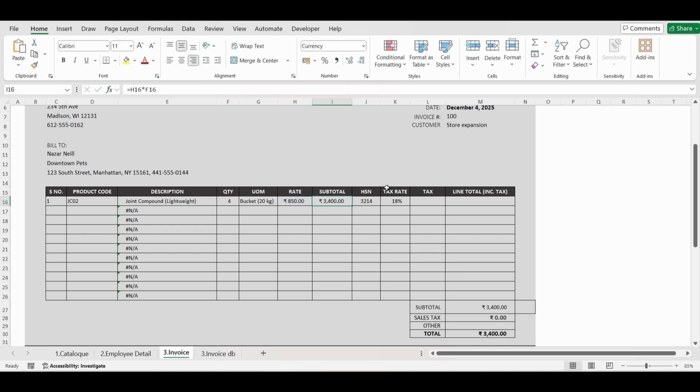Based upon the total and the applicable tax rate, it will calculate the tax value by multiplying this tax rate with the subtotal. And finally, the running total will be calculated as this tax value plus subtotal. So this will give you the overall value of this first line item. You can see 3400 subtotal, sales tax 612, and finally the combined total is 4012.